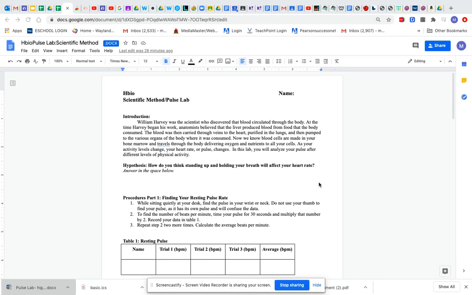Hello, students. I'm here to tell you how to access your student data sheet for the class for the Scientific Method and Pulse Lab. It does not matter whether you're in HBio or CBio. The labs are slightly different, but accessing the student data sheet is the same, and also how to insert a